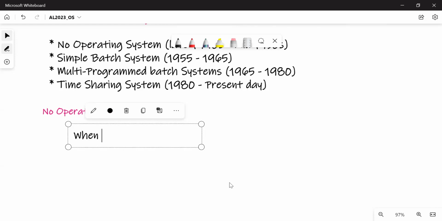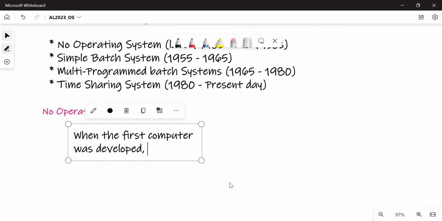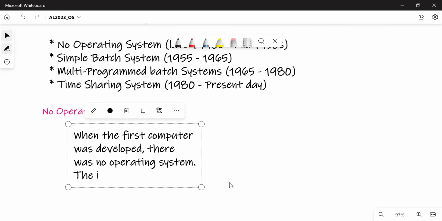When the first computer was developed, there was no operating system. The input was punch cards.